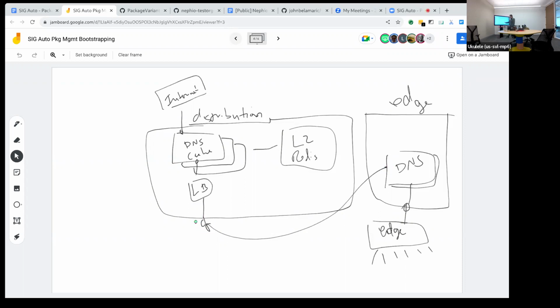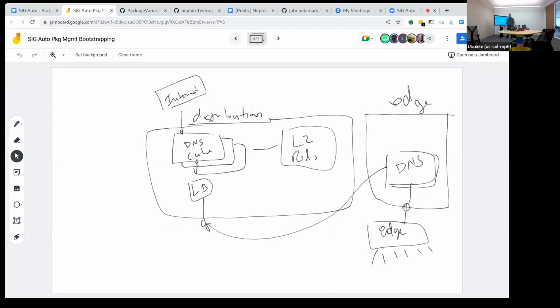And in each region, this is a different IP address. So the question is, how do we customize the different edge instances of the package that belong to one particular region to point to a different IP address?